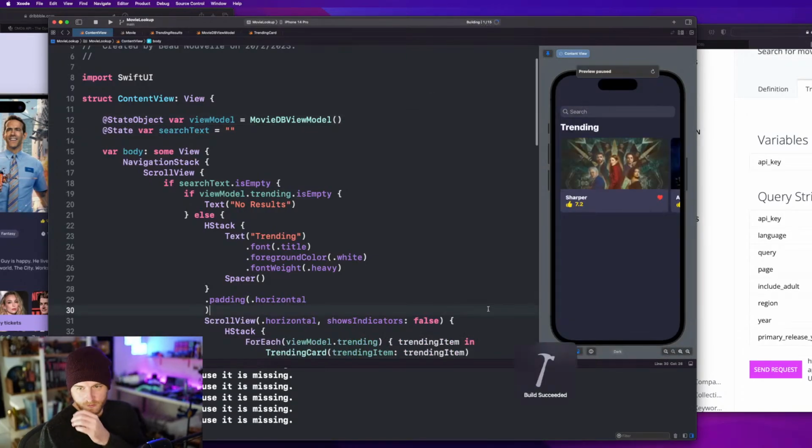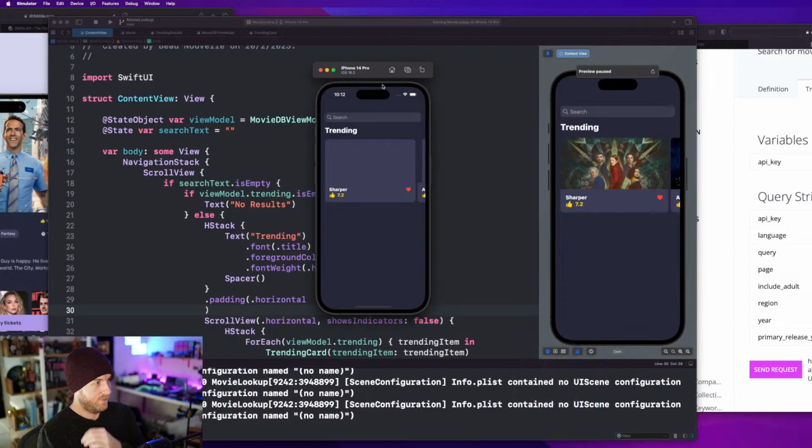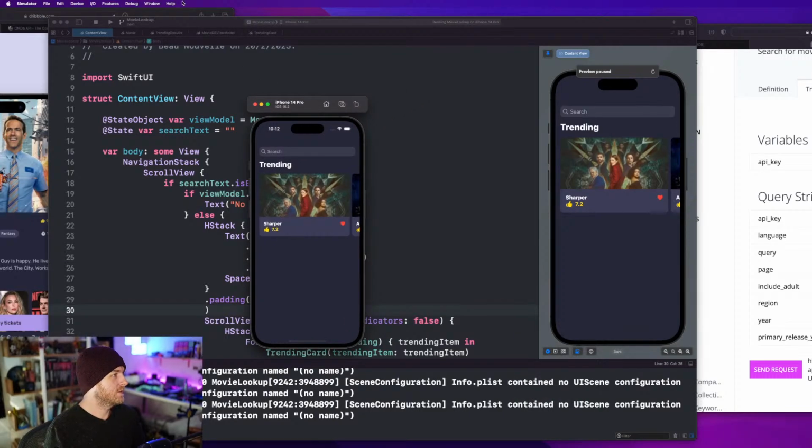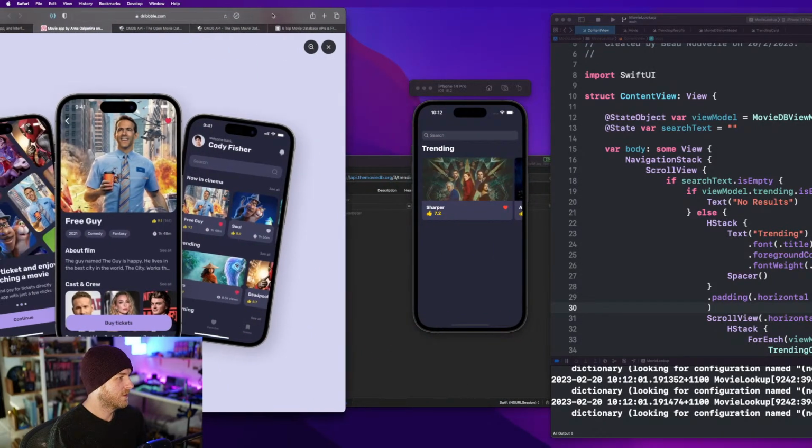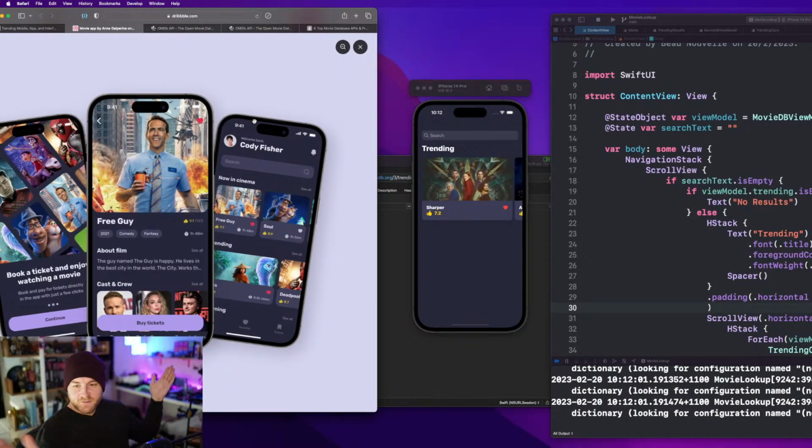Let's do a run. So here it is. This is what we've built. Let's move this out of the way so we can compare it. I think this is one of the first streams we've done where we've actually gone through and used an endpoint. Generally the SwiftUI recreations are supposed to be just grab that design, reproduce it in SwiftUI and have it running in a simulator, right? This time we've backed it up with some data as well,